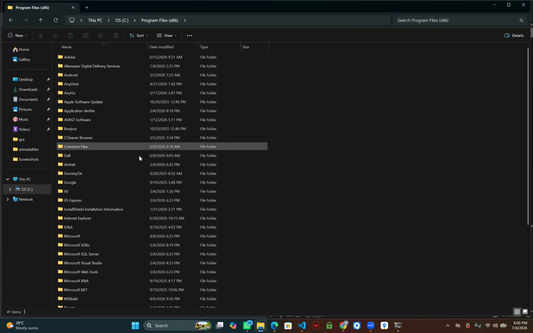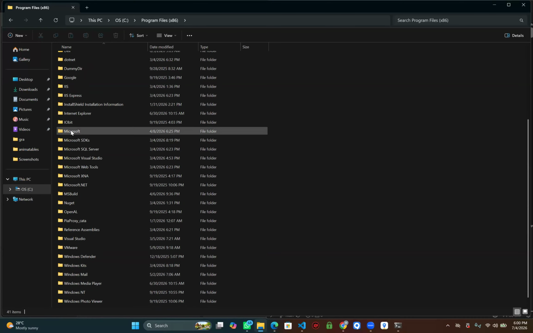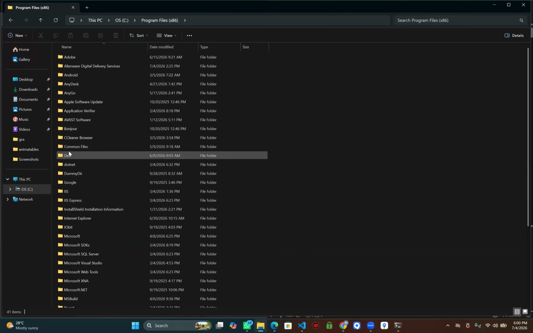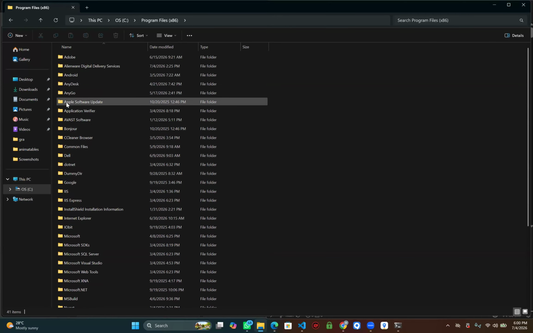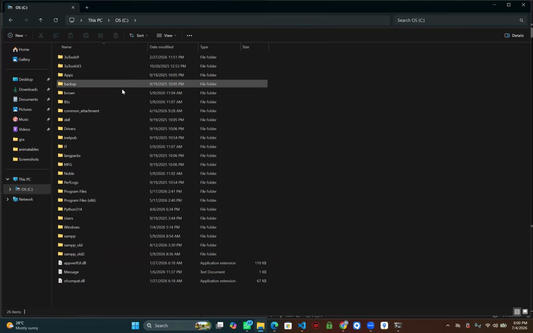Look for Flutter. Is that there? No, I'm coming. I'm checking it. Flutter should be somewhere else before M. No, Flutter is not here. Go back to drive C. How many other program files are here?